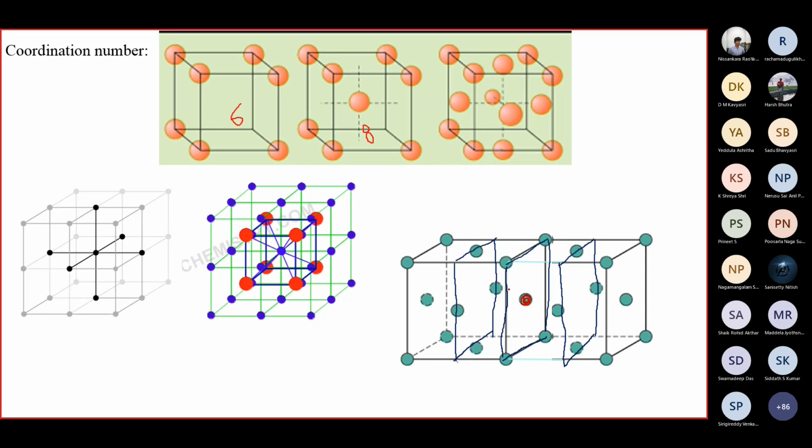See here, I'll tell you in a simple way. What is the distance from this atom to this edge? Half a. A by 2, sir. From here to here, that also will be A by 2. Very good. Now let's consider this atom. From here to here, what is the distance? A by 2, sir. For all the atoms, it works out. Clear?